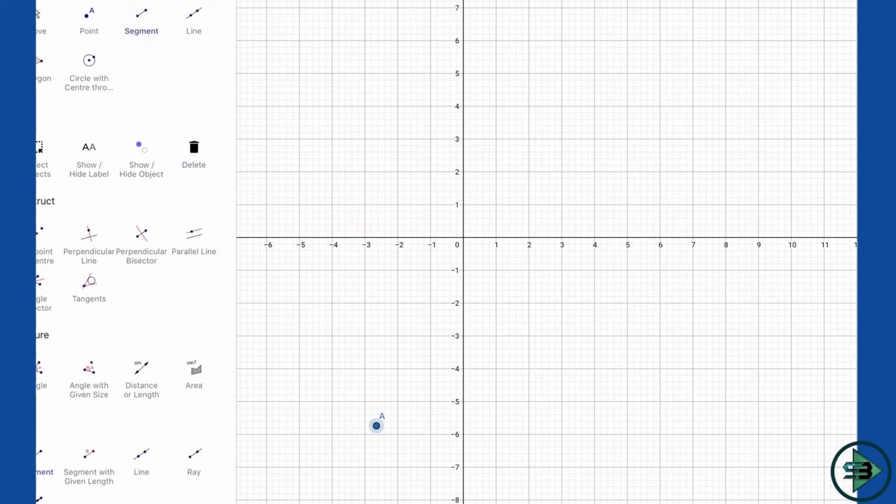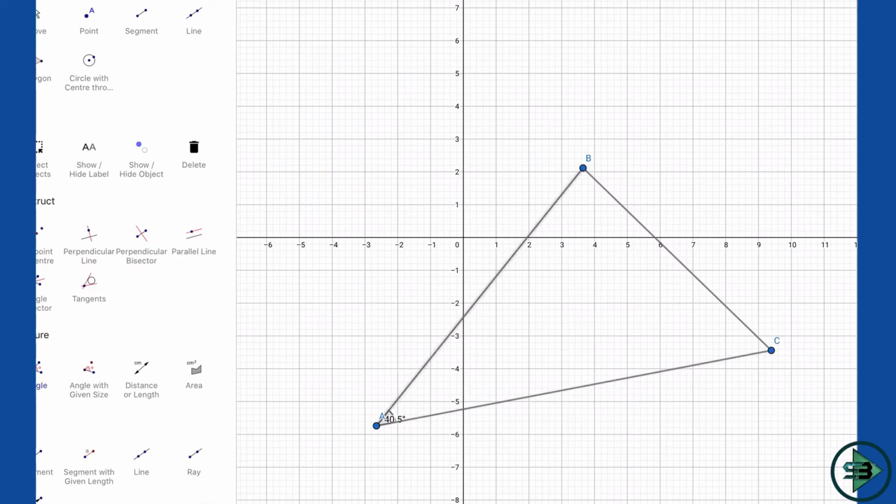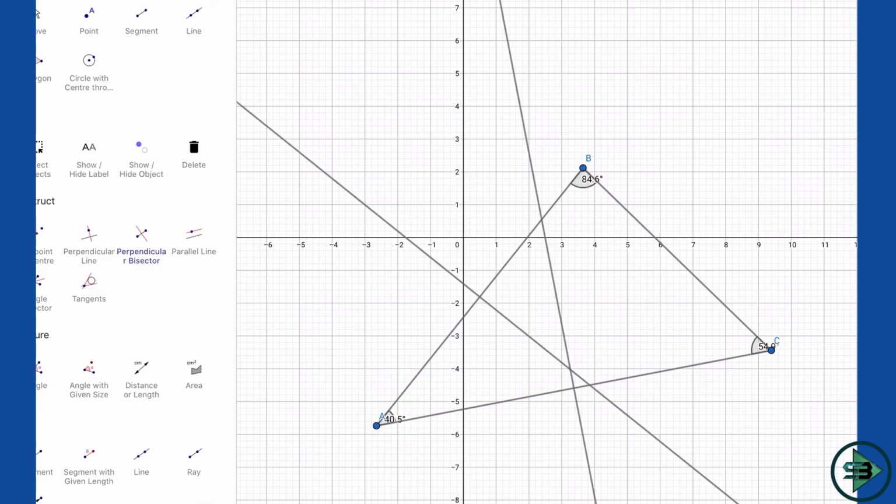So let us draw any scalene triangle now. This is any triangle that I am drawing here. Let's put the angles as 40, 84.2, and this is a scalene triangle, meaning any triangle that I have drawn here. Now what am I doing? I'll first draw a perpendicular bisector, which will give me what? See, this is a perpendicular bisector and I draw it here. Perpendicular bisector for this, perpendicular bisector for this, and perpendicular bisector for this.